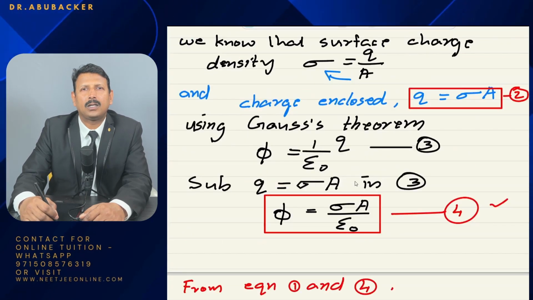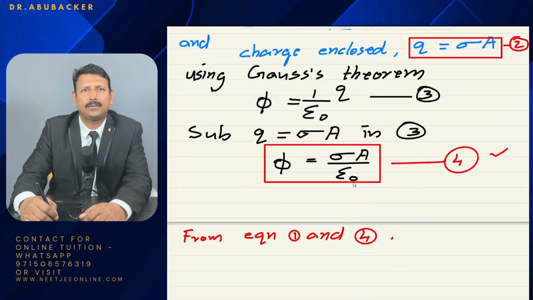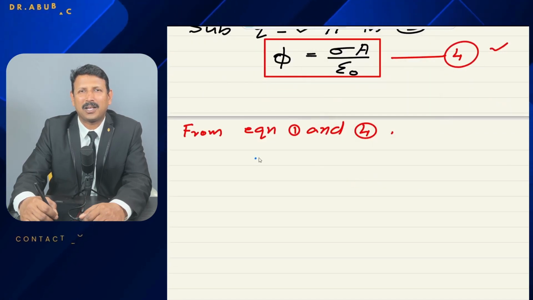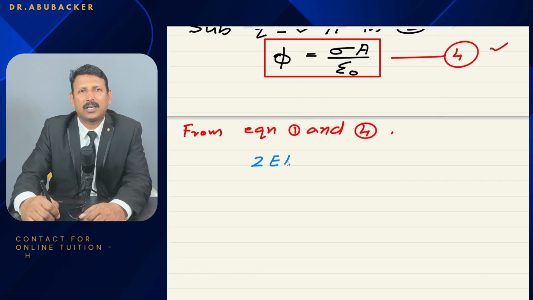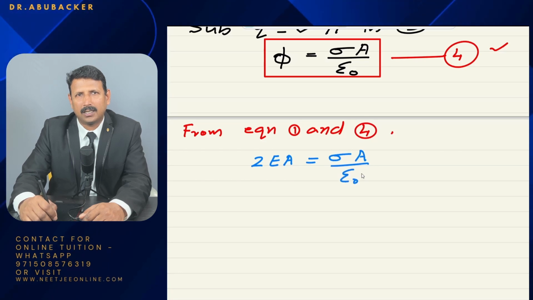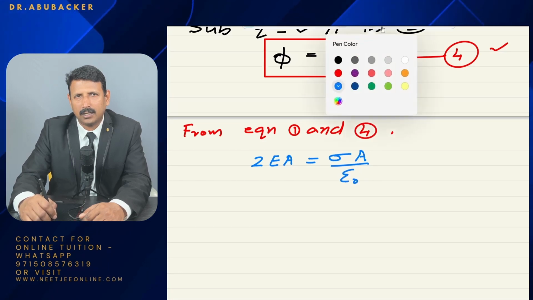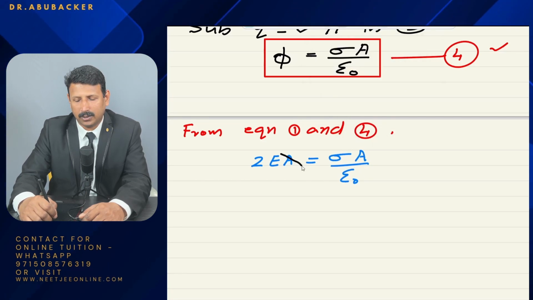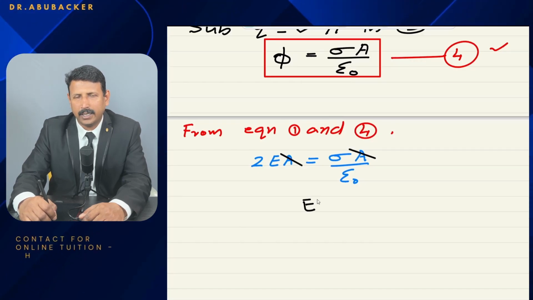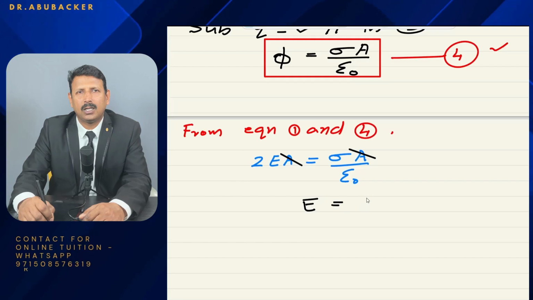Equation number 1 and 4. Maybe you ask where is 3. By mistake I wrote equation number 4 after 2. From equation number 1 and 4, the RHS of the first equation is 2EA. The RHS of the second equation is sigma A by epsilon 0. What is our target now? To get the value of E. Before that, a simplification is possible, A and A cancel. So E is equal to sigma by